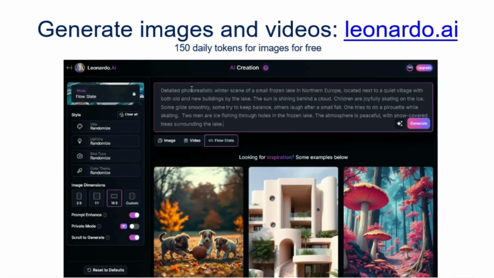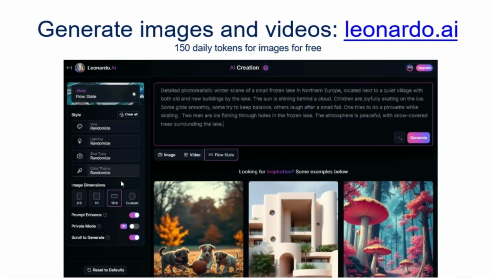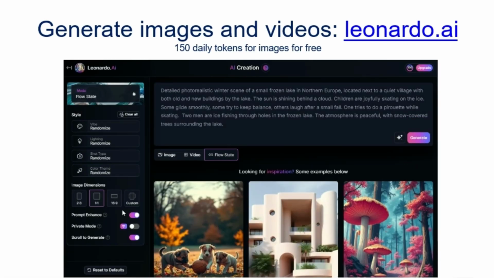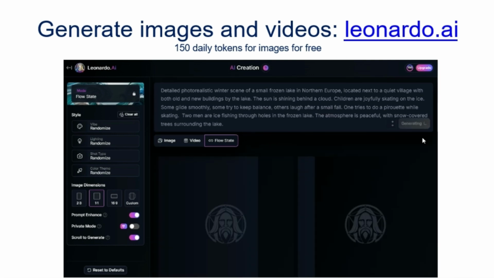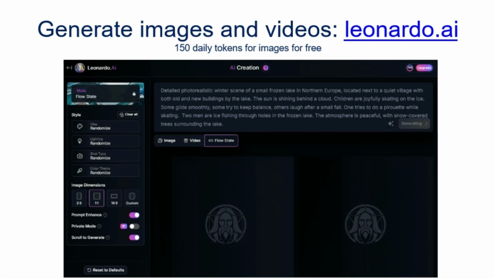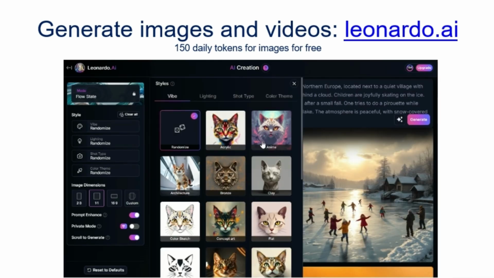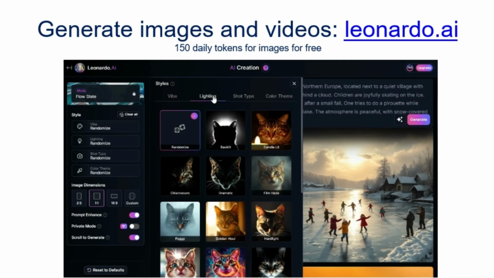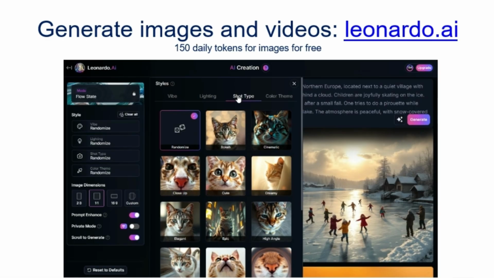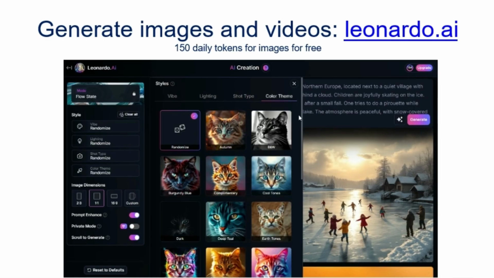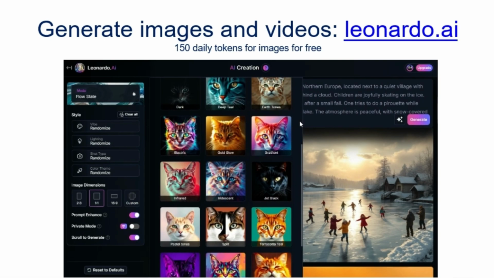And I will just copy paste the prompt here, and on the left hand side I can choose the image dimension, and I can choose the prompt enhance, and then it will create me some images. From the left hand side there are different styles, and there are images of cats describing what is the vibe and the lighting and the shot type and the color theme.